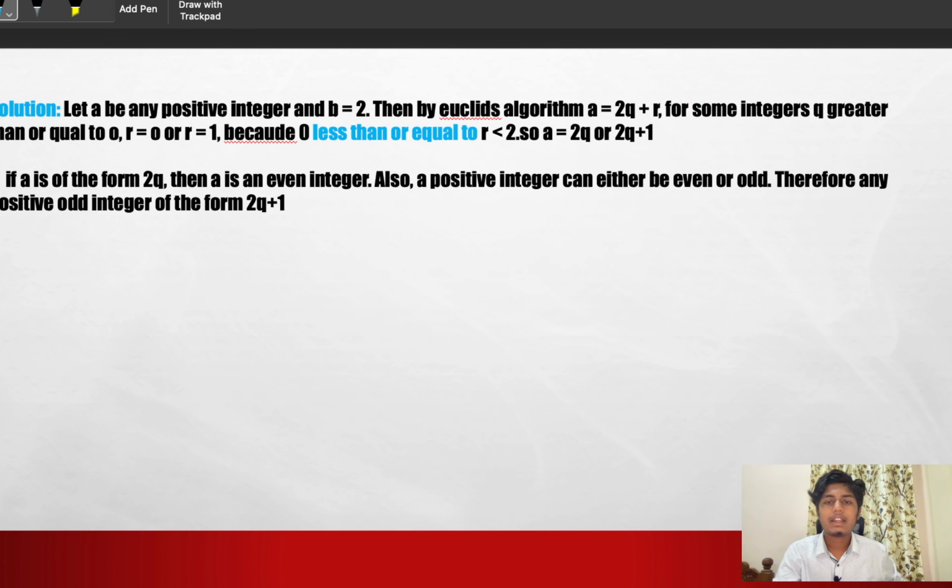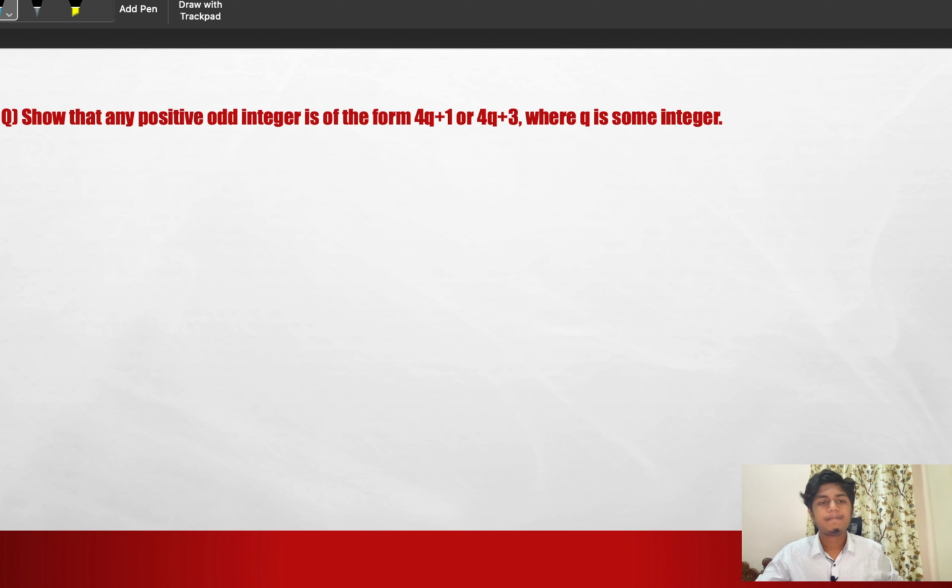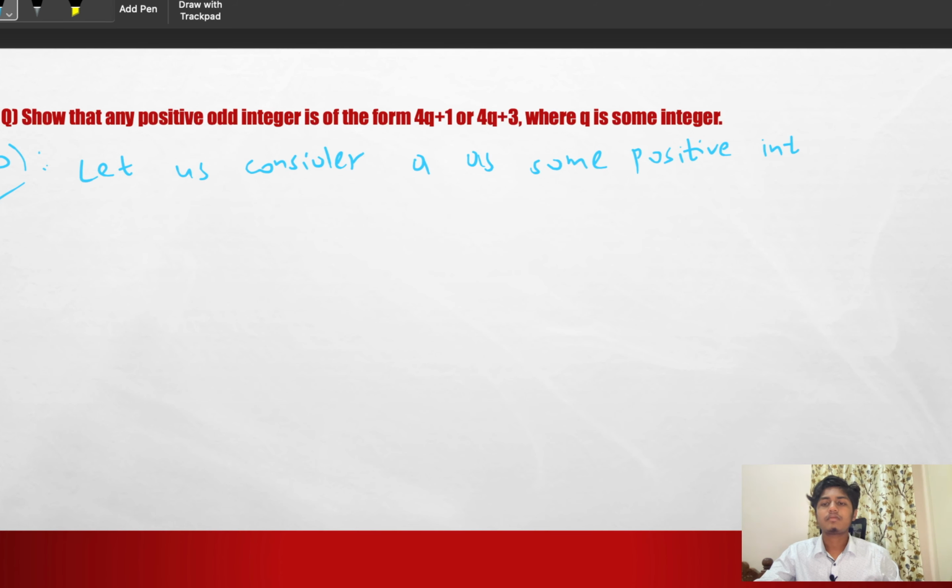The same solution is given here. If you want, you can pause and watch this. So let's solve another example. Show that any positive odd integer is of the form 4q plus 1 or 4q plus 3, where q is some integer. Let us consider a as some positive integer, b is equal to 4. By applying Euclid's division lemma,